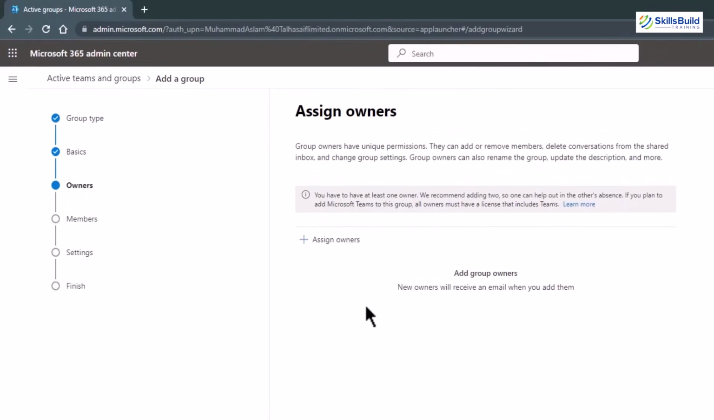Okay, one thing to remember here, and that is we should make sure that only the members of the HR department are members of this particular group, because we are creating this group for the users who are part of our HR department. Okay, here it is asking us to assign the owner,